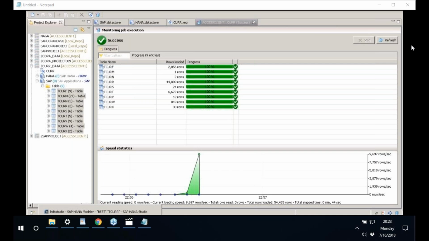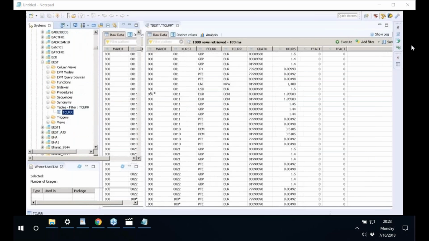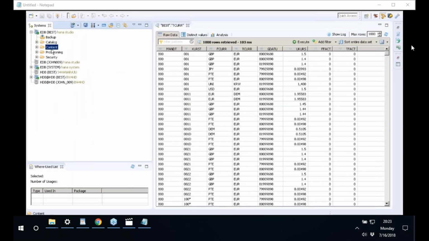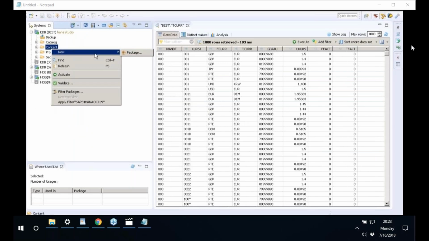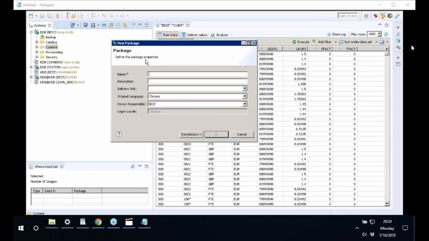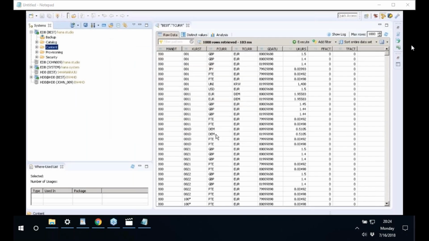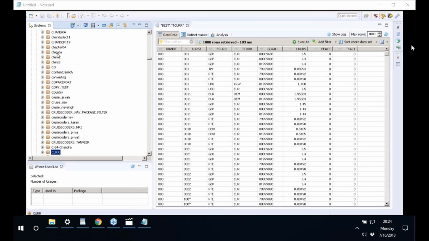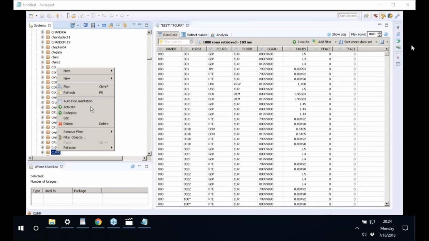Let us go back to HANA Studio. What I'll do is I'll scroll to the top, close the catalog, right click on content, click new, click on the package, provide the name for the package, click OK. Once I click OK, expand the content. Let us go to the package CURR. Let us right click on the package, click new,